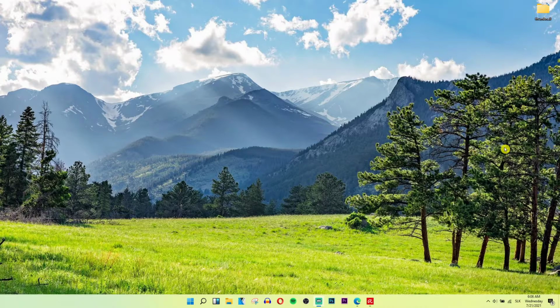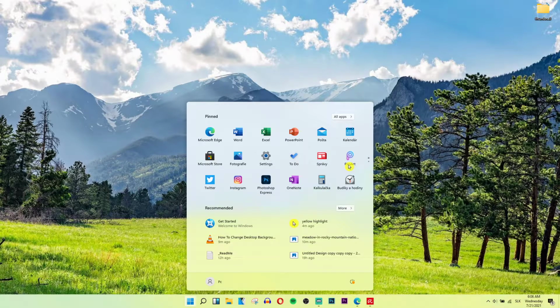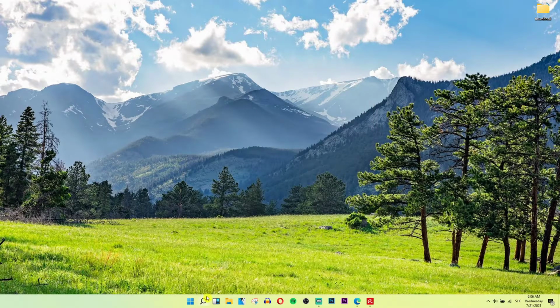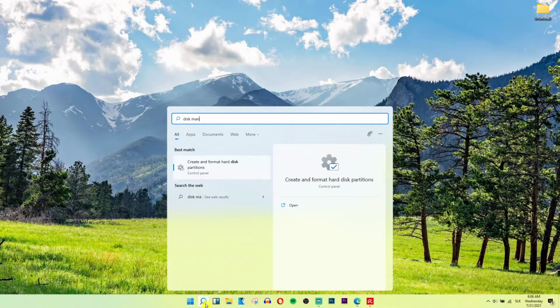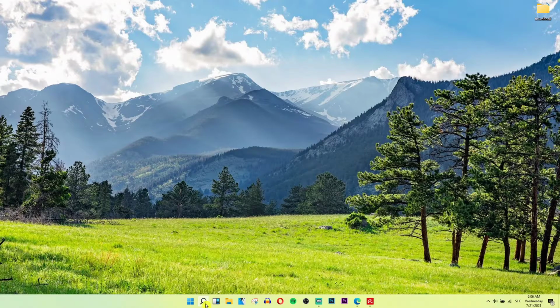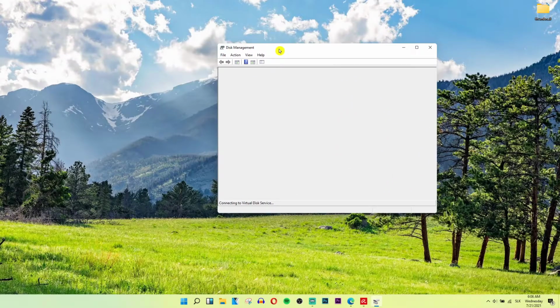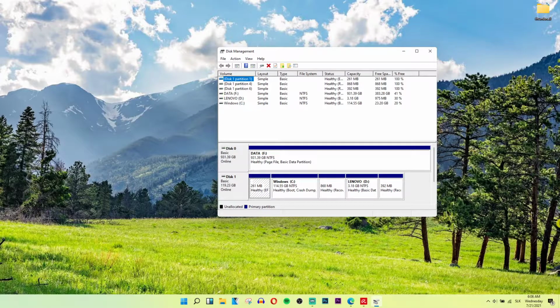So what you want to do, pretty simple. Go to Windows, or search, just click here and write disk management. Create and format hard disk partitions. This is it, okay. And when you're right here,